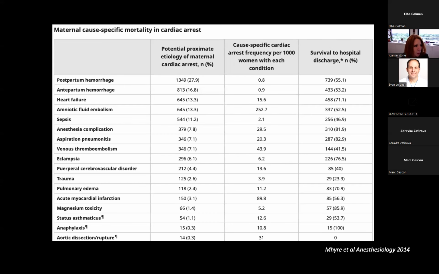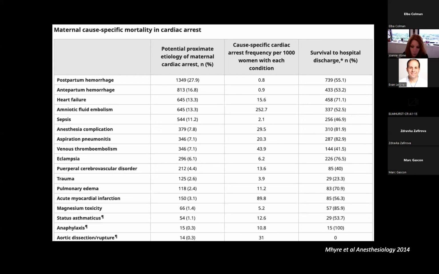This slide is quite busy, but I think again it highlights the issues with postpartum hemorrhage and heart failure being more common. Amniotic fluid embolism is there, of course, as well as sepsis. And if you look at the far right, the survival to hospital discharge varies a lot. It generally tends to be in the range of somewhere between 50 to 80%, although for certain conditions it's quite low. For example, if you look at trauma, it's only 23%. So really the outcomes are somewhat dependent on the etiology